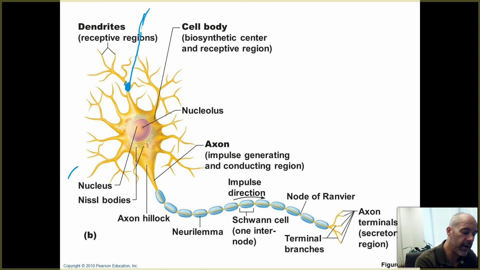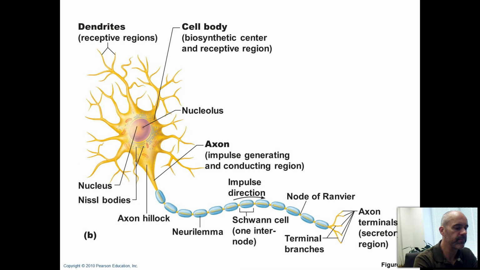And a single neuron, as we'll see, may form synapses with many other neurons that are connected to it and are trying to influence its behavior. Okay, and then remember, you've got the axon. That's the long extension, generally, that travels from the cell body out to whatever it is that neuron is making contact with and trying to influence. This wider portion of the axon, where it connects into the cell body here, is called the axon hillock.